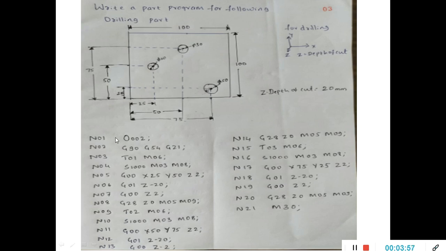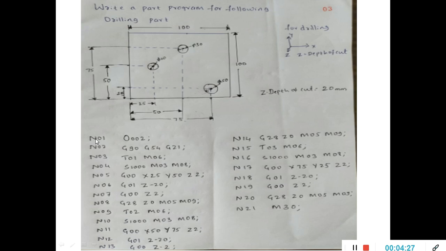Now start with block number 1. As I told you in the last program, all the codes are maintained with the help of a number of blocks. The CNC machine only understands the serial numbers. You cannot skip any number here. After N01 you cannot specify N03, you have to specify N02. So the numbers should be in chronological order.